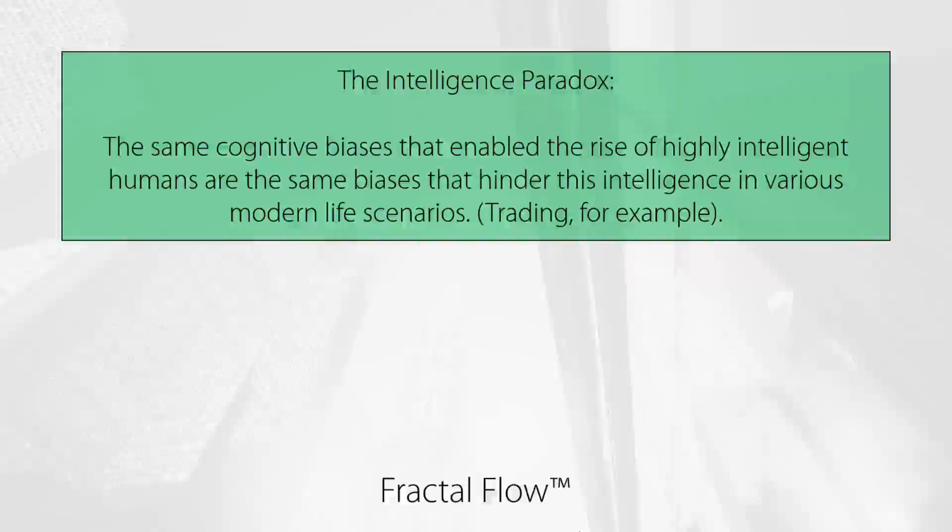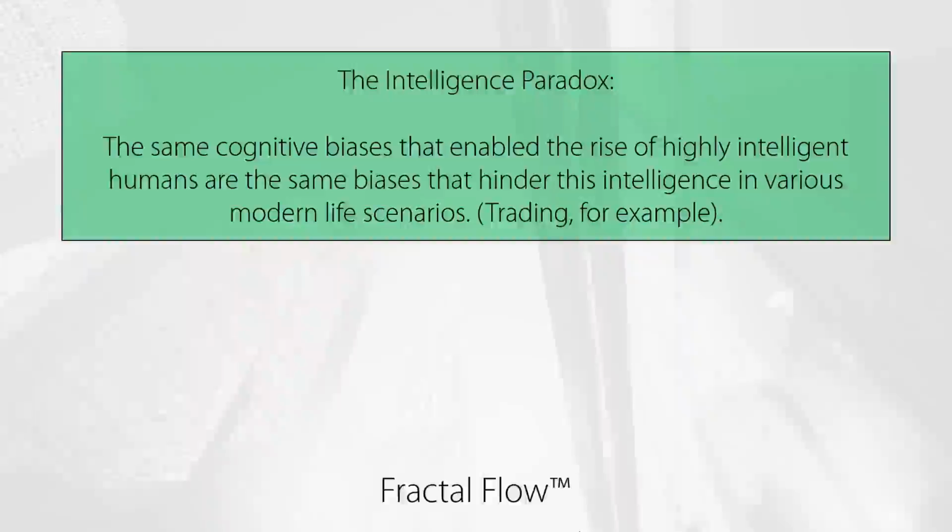The intelligence paradox states that the Homo sapiens would not have developed high intelligence if these cognitive biases were not present to allow our species to survive long eons of time. At the same time, these biases tend to get in our way in modern life situations that are part of our complex social networks and hinder the intelligence they allowed to develop in the first place. That's the paradox. Intelligence could not have been developed without these primitive lenses to guide our ancestors to overcome their simple problems,